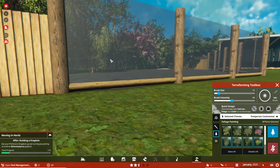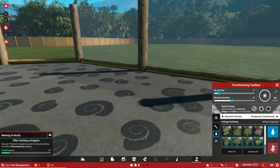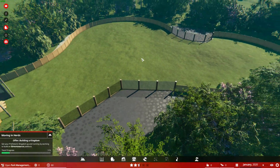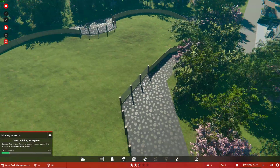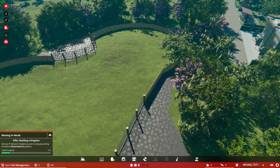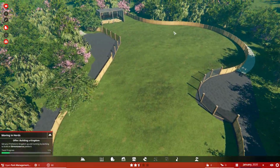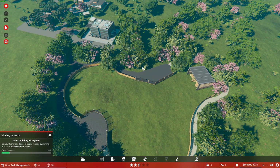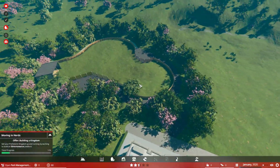The thing about zoo design is that you always want to balance the guests, the staff, and the animals, because the guests have got to see the animals, the animals have got to have a good habitat where they can perform a lot of their natural behaviors, and also have a place where they can get out of sight so they don't get too stressed. And then you've got to be able to get the staff in to be able to come and clean it. So it's always a balancing act between the three. But anyway, I think what we'll do is